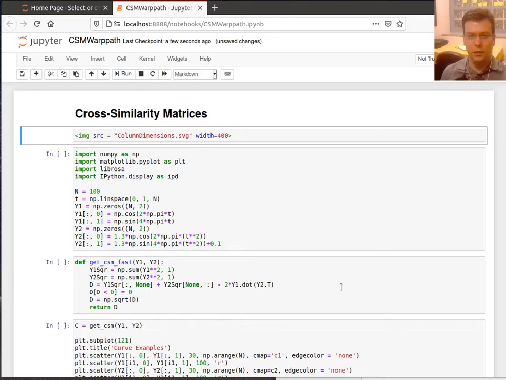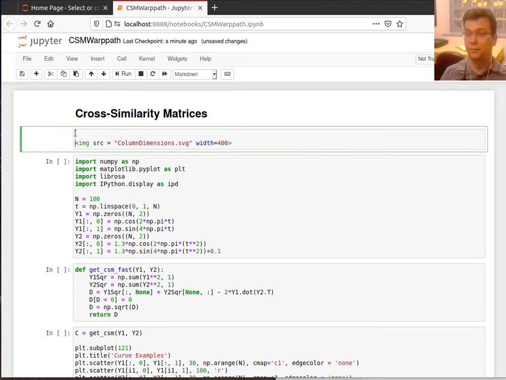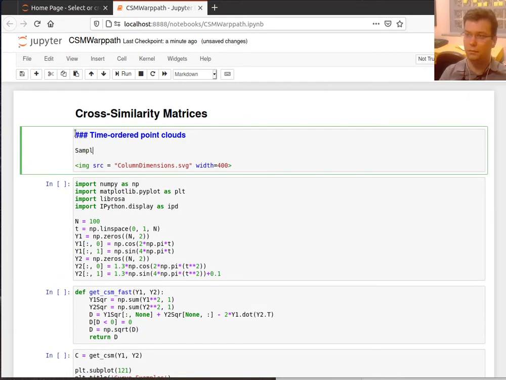Alright, I'd like to finish what we started talking about in class to give you some notes and really solidify our understanding on this concept. So we started talking about something called a cross-similarity matrix. And this was used to describe what I call time-ordered point clouds. So time-ordered point clouds. These are just samples of a curve in some dimension,